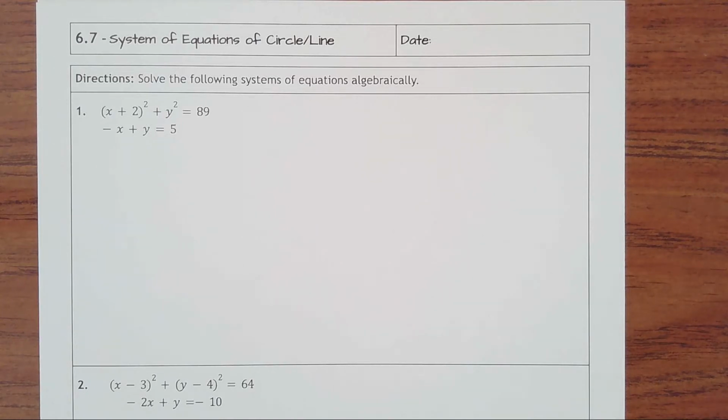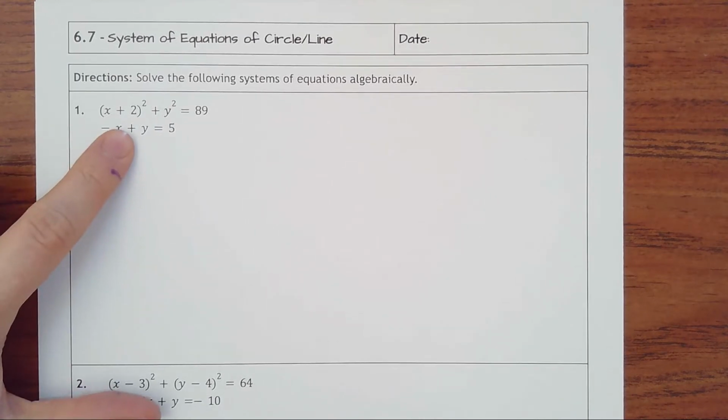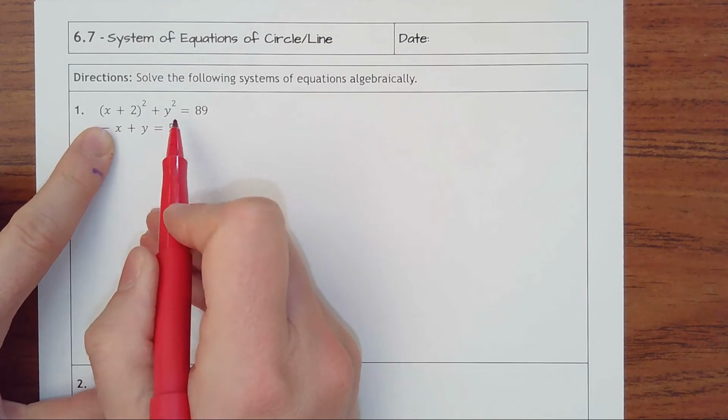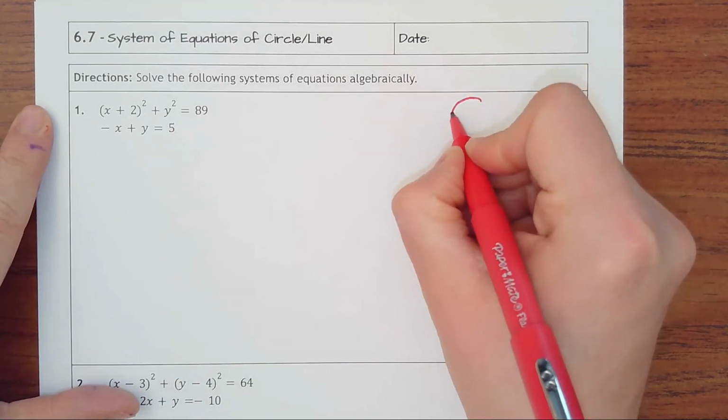Lesson 6.7, system of equations of a circle and a line. So we have not talked about the equation of a circle, but what happens is you're going to have your x being squared and your y being squared. So if we have a circle